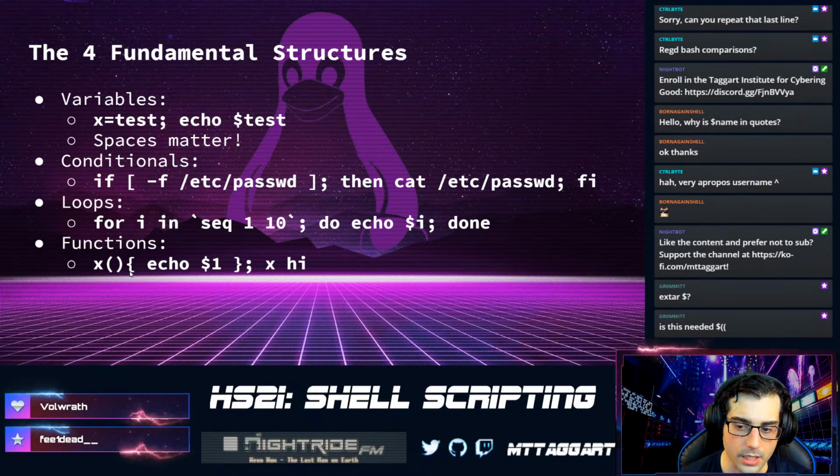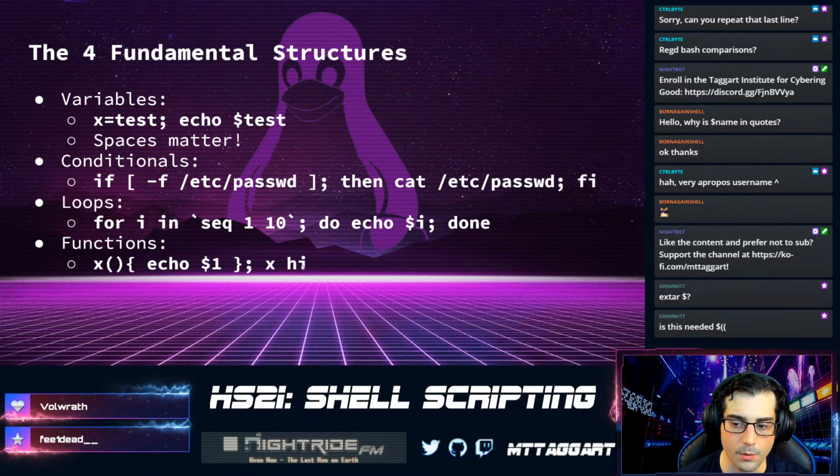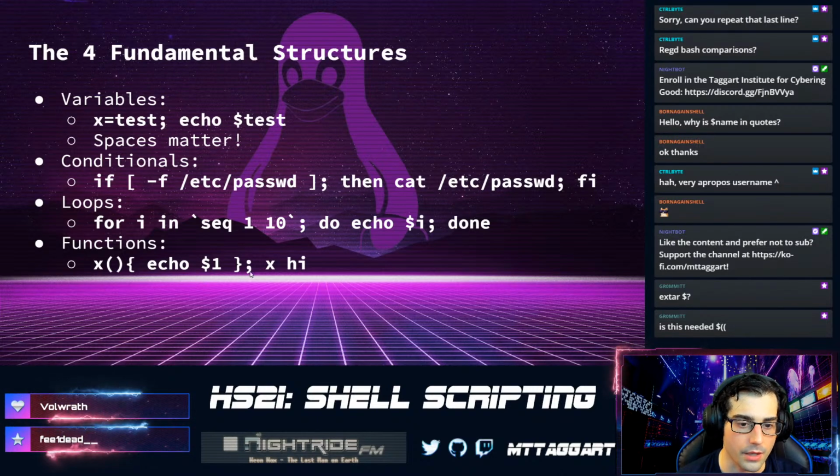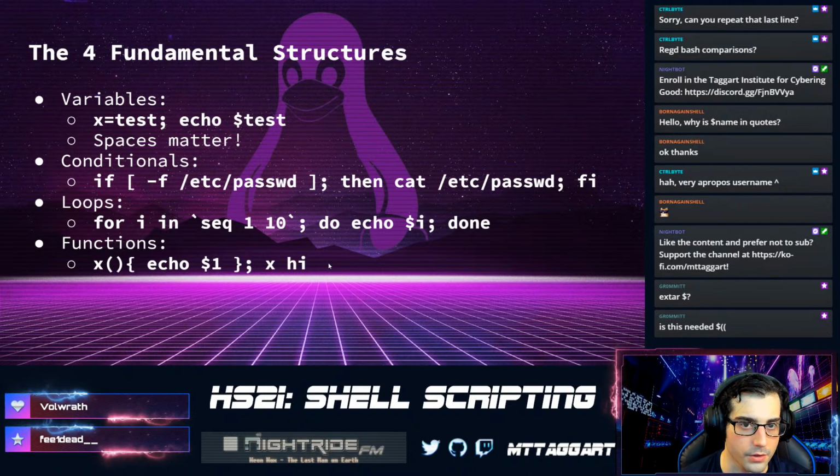And then in curly braces we'll put in whatever operations there are for the function. And then we call the function with x and then whatever arguments we give to it. But notice that within the function itself, we use again that $ sign and then the numbered variables to indicate the numbered argument that we are providing when we call the function. It's not like we get to define the arguments or the parameters inside of the function definition here.